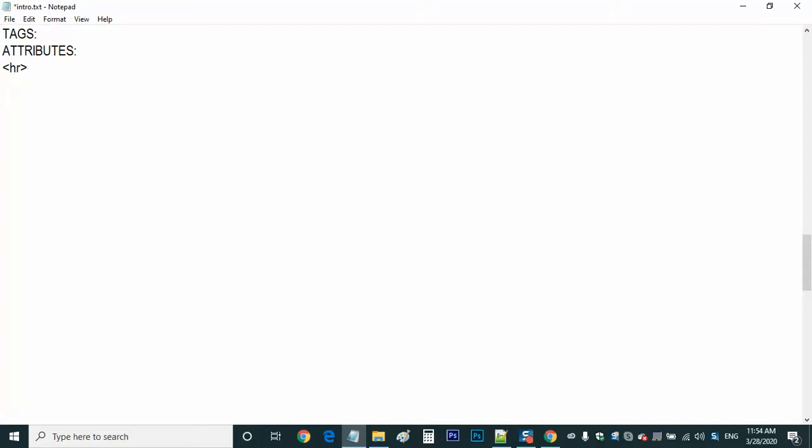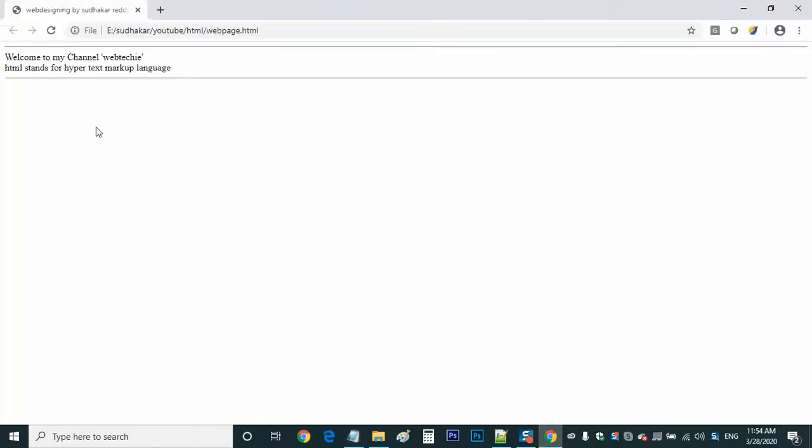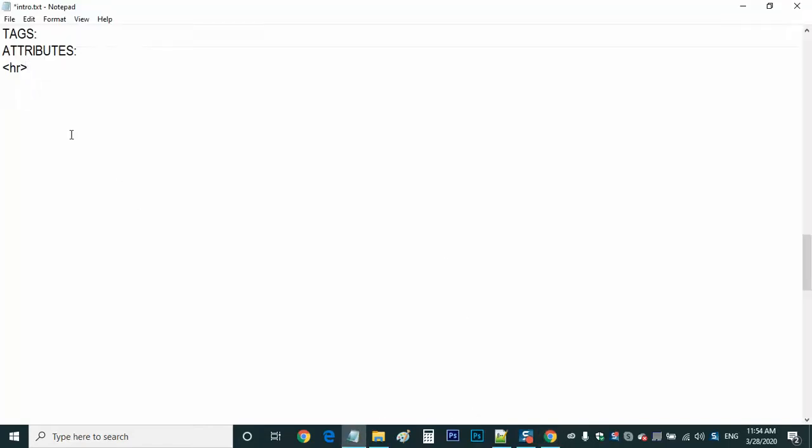You are getting a gray color. And how much width are you getting? You are getting 100% of the screen. Is it right? And what is the size, thickness you are getting? It is a default size. But I want to increase the size, I want to change the color, I want to change the alignment. All these things I want to do for this HR, friends. So you can do that with the help of attributes.